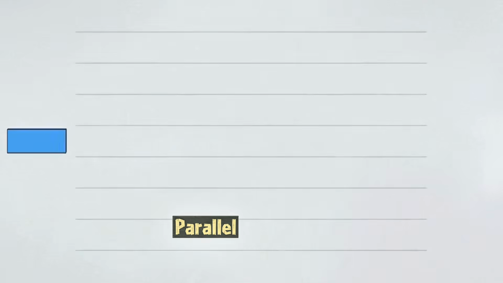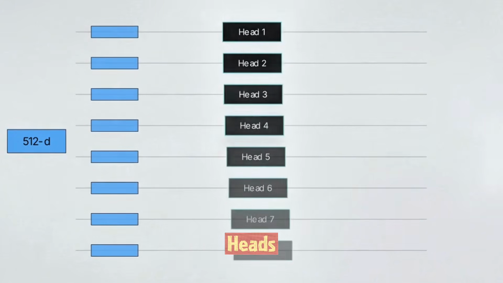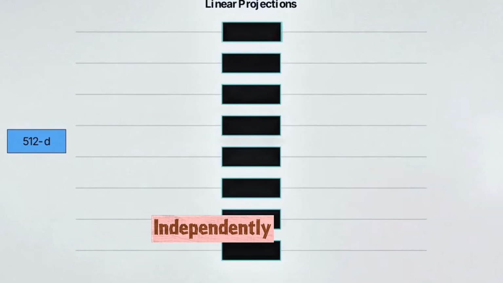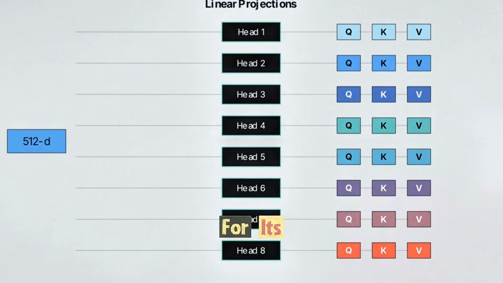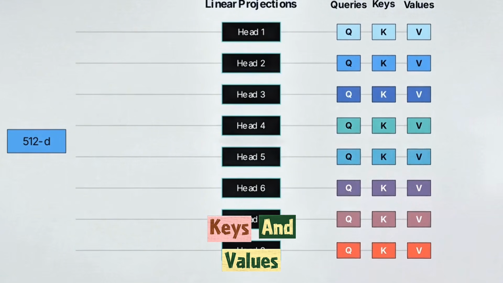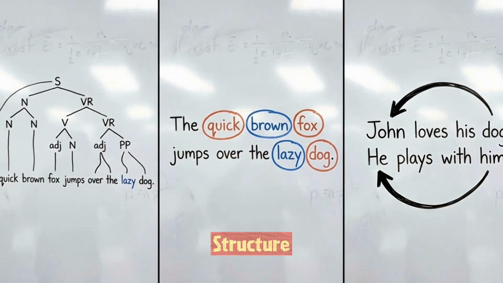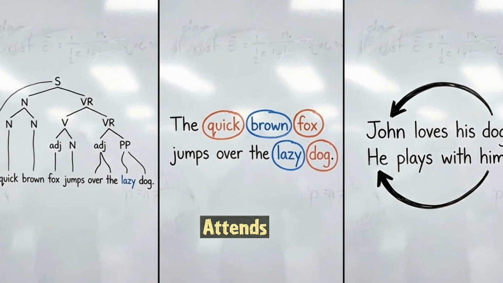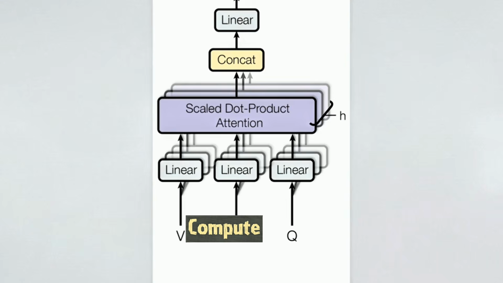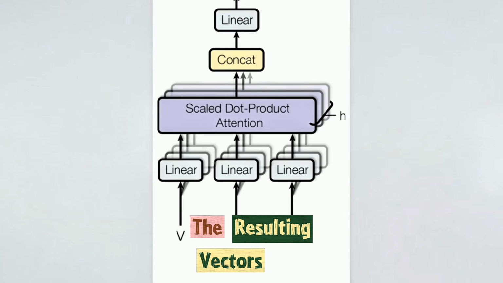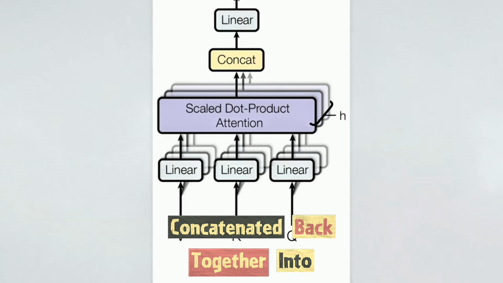Each of these 8 parallel attention layers, or heads, uses different independently learned linear projections for its queries, keys, and values. One attention head might attend strictly to grammatical structure, while a parallel head attends to semantic tone, and another resolves long-range entities. Once all 8 heads compute their outputs, the resulting vectors are concatenated back together into a single